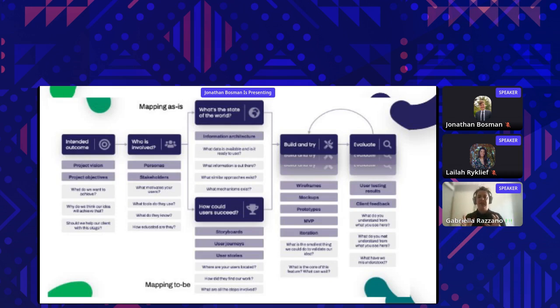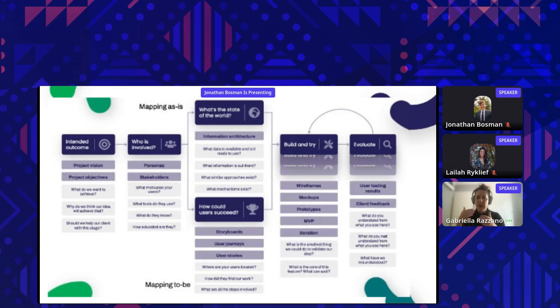And I think this is interesting because you can have all these philosophies on the kind of change you want to create, the kind of product you want to create, but how you implement that in your project design is also really, really important. You'll see that we have quite a considered process, and at the end there, build and try, evaluate, build and try, evaluate. That reflects a lot more of those traditional agile development philosophies being embedded in our process. But you'll also see there in the middle that